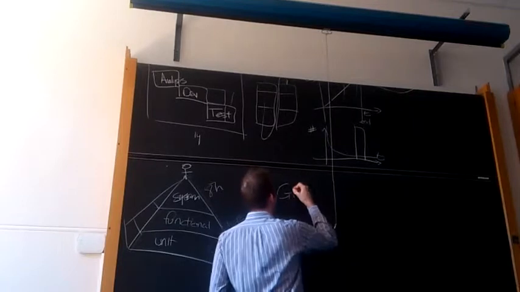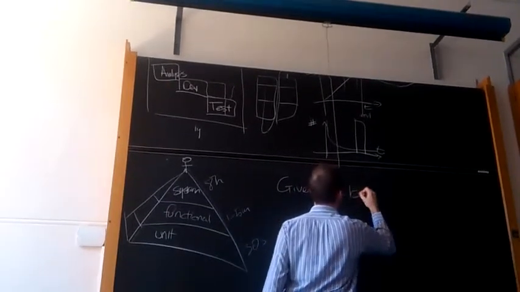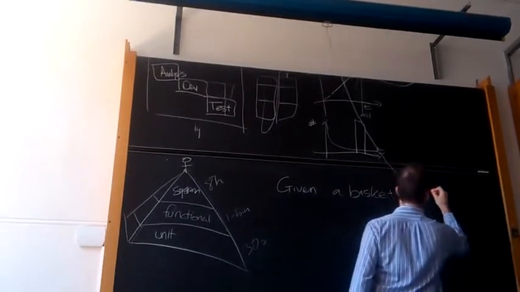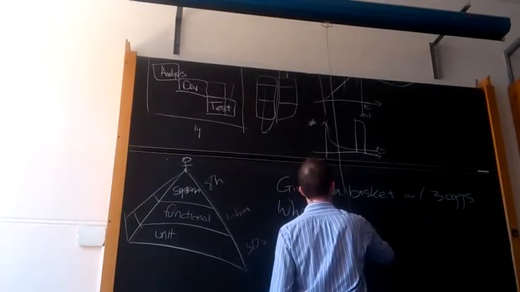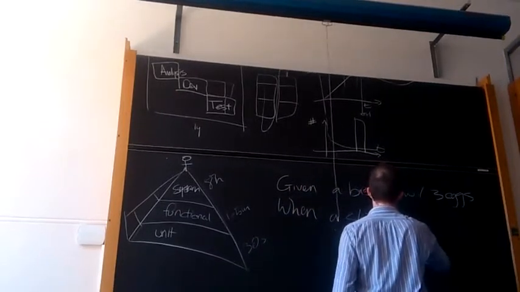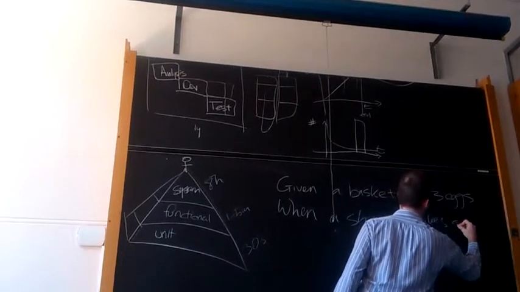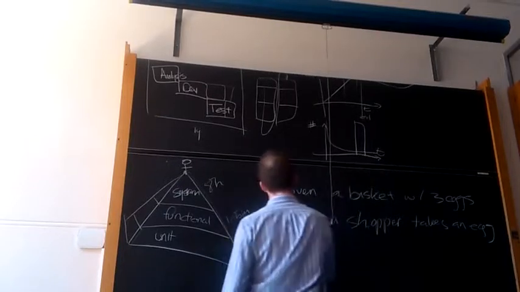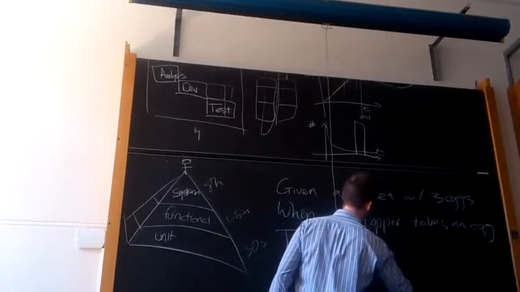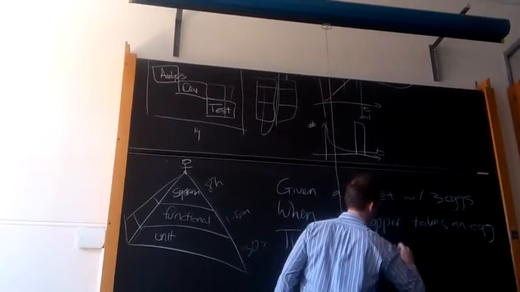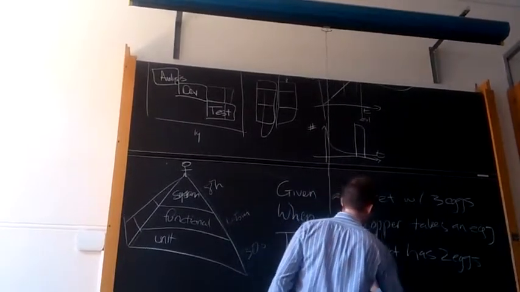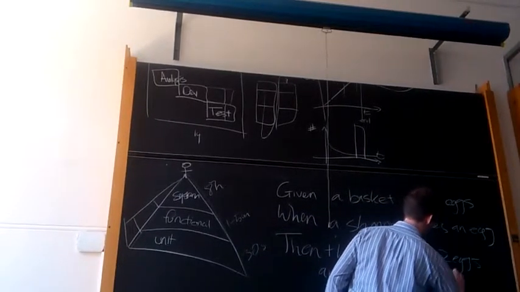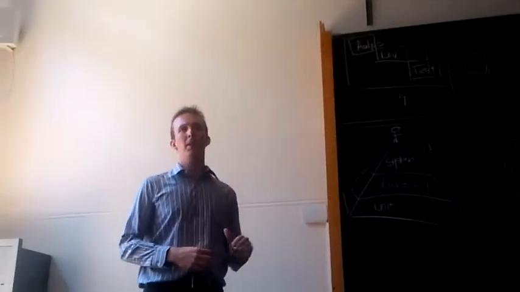So it says, given a basket with 3 eggs, when a shopper takes an egg, then the basket has 2 eggs and the customer has 1. So what you're really doing there is writing a domain-specific language for that stuff that says, okay,